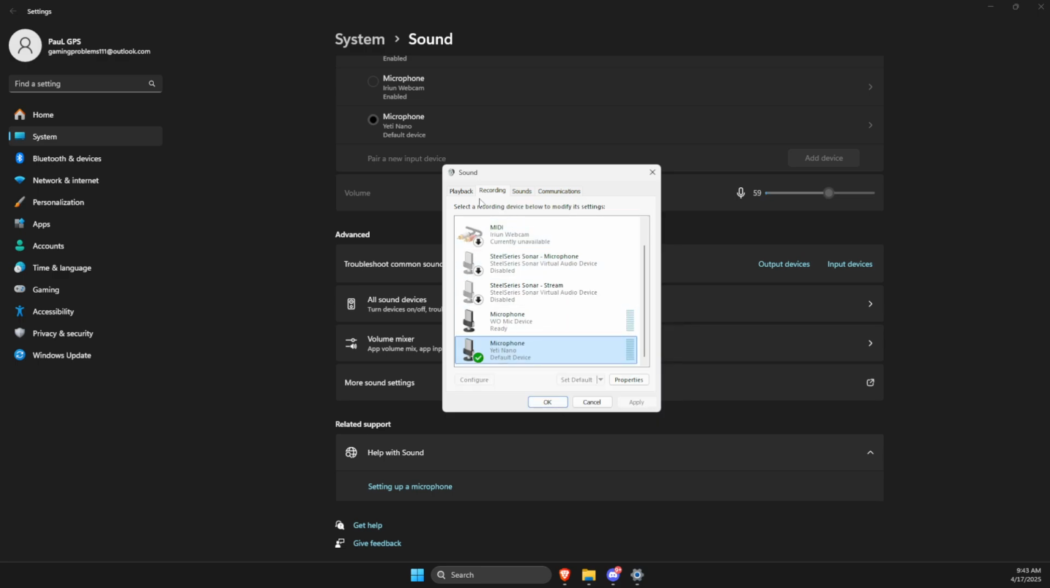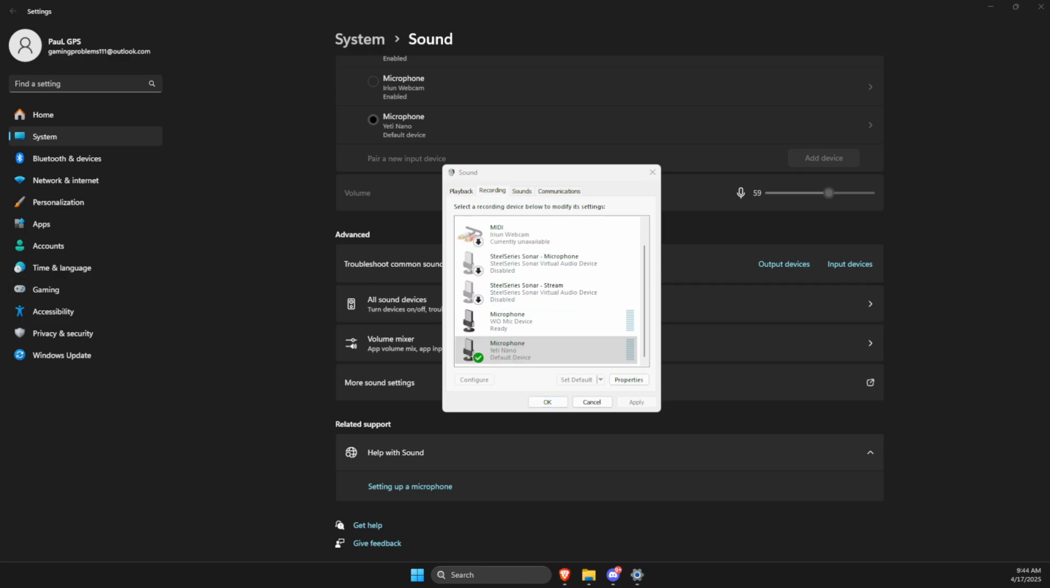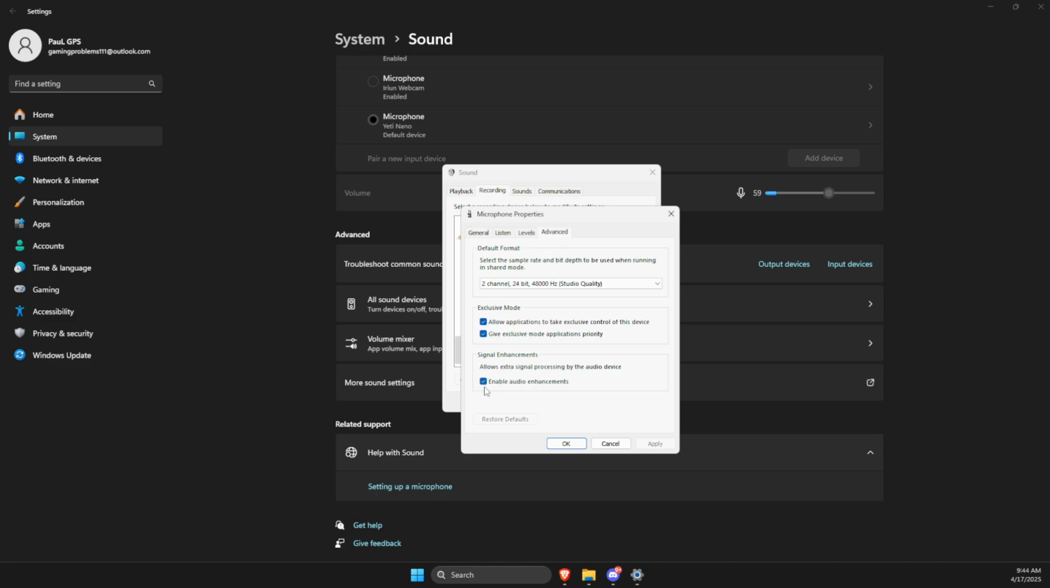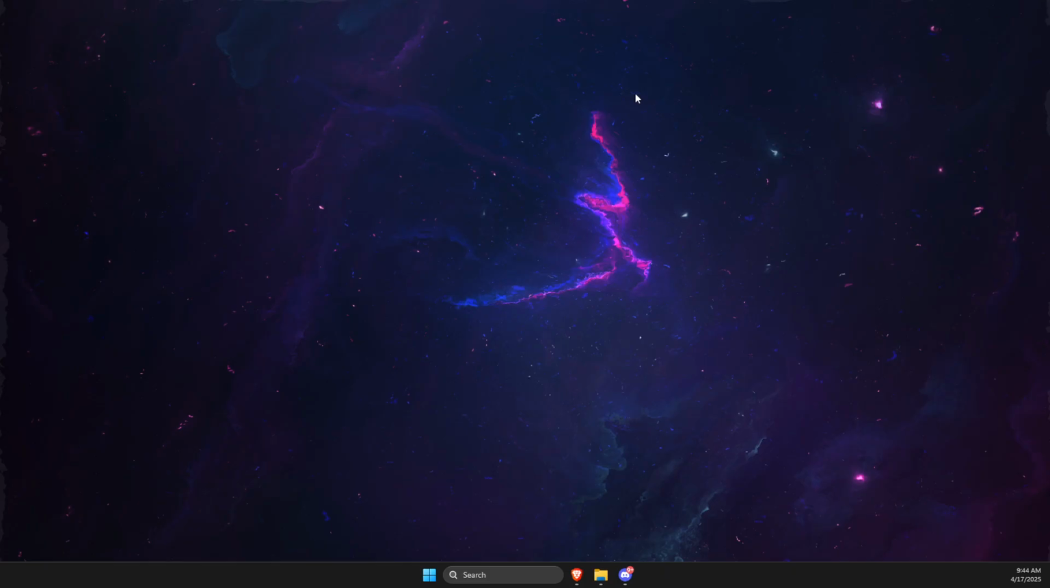Then the next thing you need to do is look for playback and then look for the headphones that you use. Not playback, I'm sorry, you need to go to microphone and then go to advanced and then just toggle off audio enhancements and see if the problem persists after that. And if the problem persists, what I suggest is to just uninstall and reinstall Discord